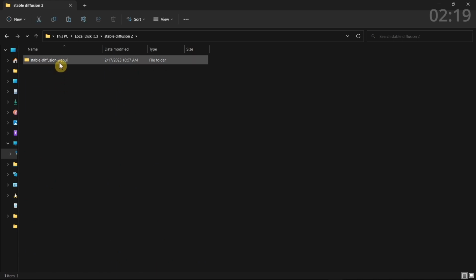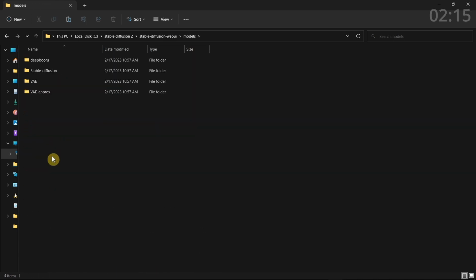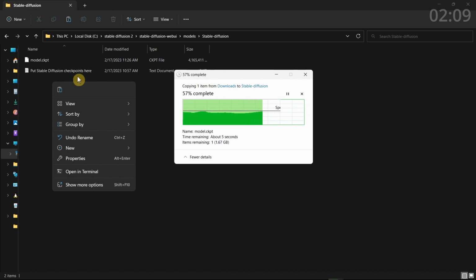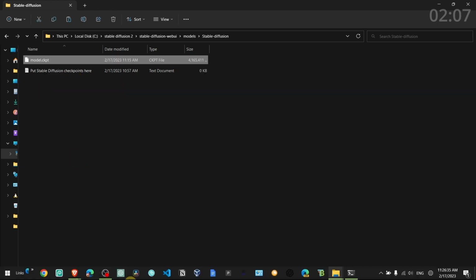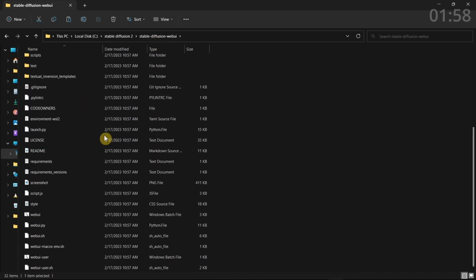Click here, and now go to models, Stable Diffusion, and just paste this file here. Okay, perfect. Now what we have to do is go back to Stable Diffusion and go to this file,